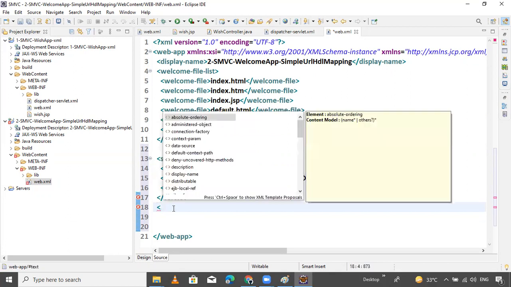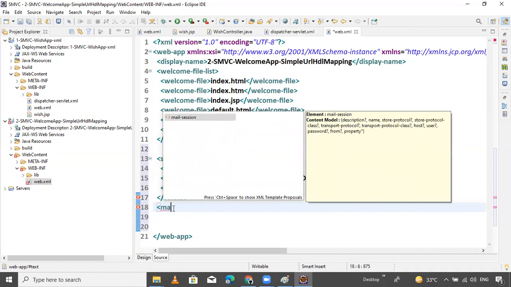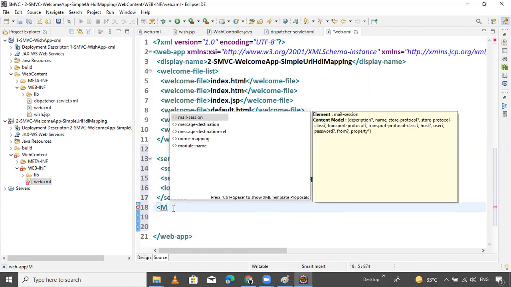So now servlet URL. Here one thing is required. What is that? Mapping. URL mapping.